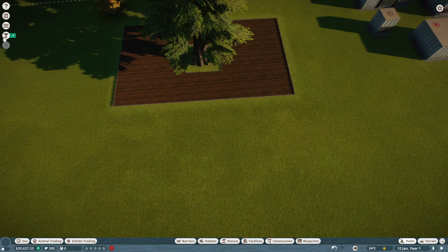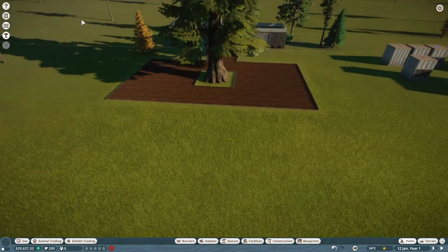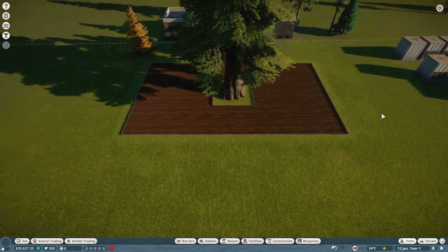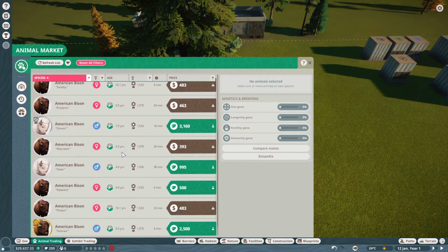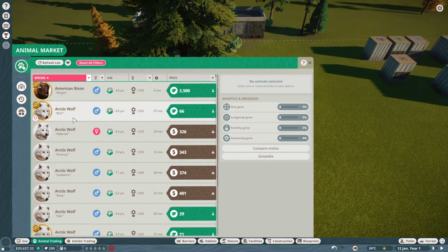Let me just check the challenges, because I know that sometimes in the challenges they say that they want a certain profit from a store, so like a drink store or a food store or a merchandise. So I want to wait and see if we're going to get one to see what I should place down in our little opening plaza. Okay. With our opening plaza, we should probably work on the staff area, but I want to see the type of animals, because to work on our first exhibit and figure out the next part of the True North Trail, we need to see, ooh,